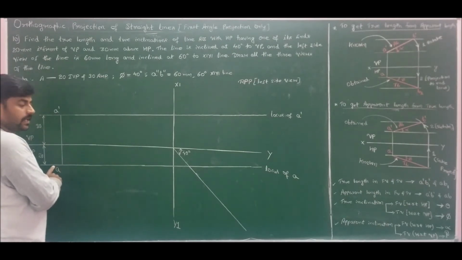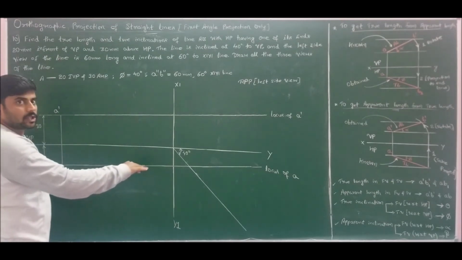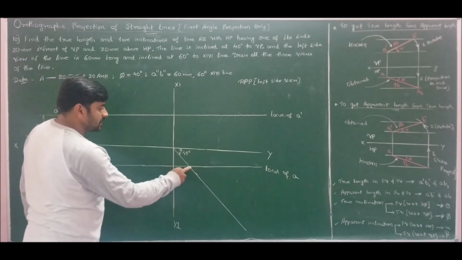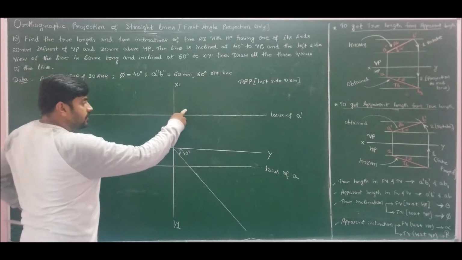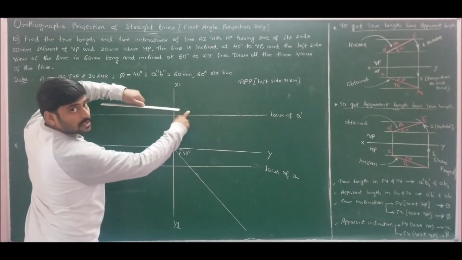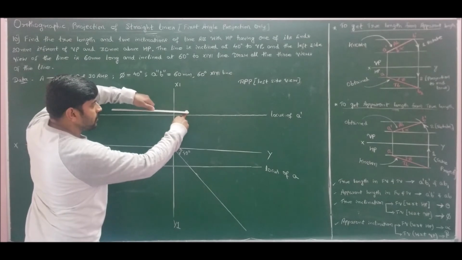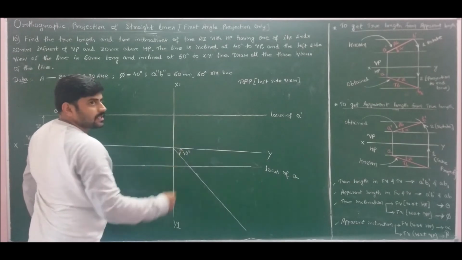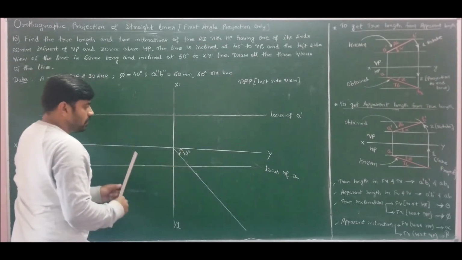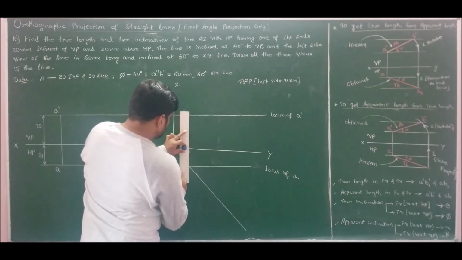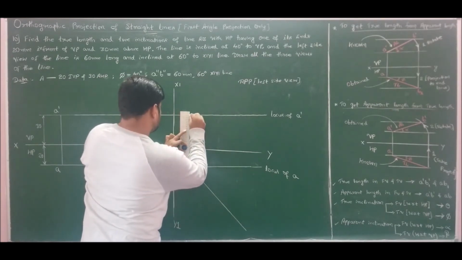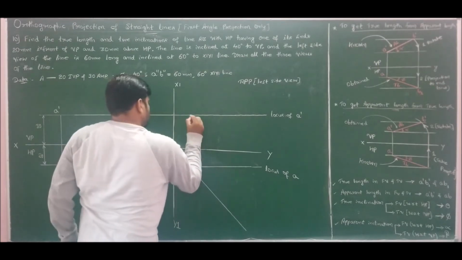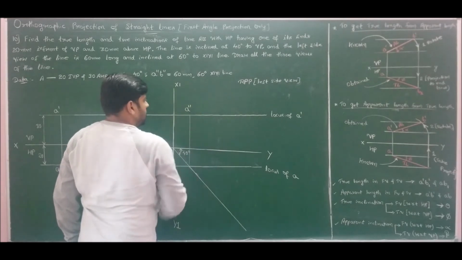The procedure I know already. I should draw a horizontal line from the top view of the point to intersect the 45 degree line in HP. Then from the intersection point I should take a vertical line. And from the front view I should draw a horizontal projection. The intersection between this horizontal projection from the front view and the vertical projection taken from the intersection of the 45 degree line will give us A double dash. So from here I extract a vertical line, which gives us A double dash.